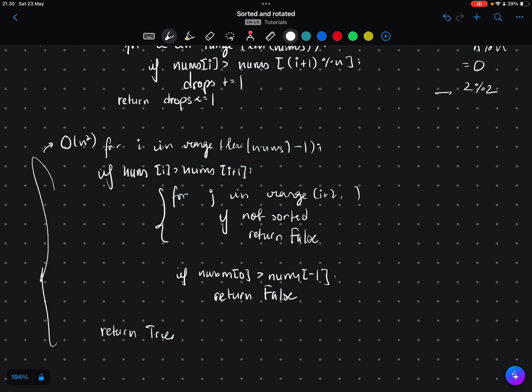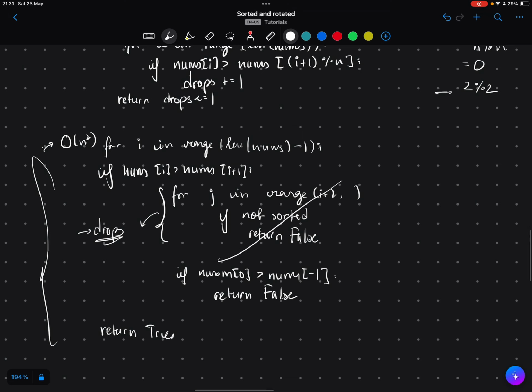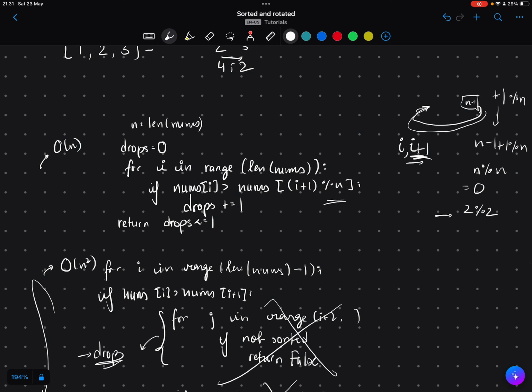And then you essentially identify that you don't really need this, right? Because at the end of the day, what was I thinking? What I was thinking was, I started off with the same idea of drops, and I was like, okay, if it's not sorted, we can return false. But if we just count the number of drops as well, it is a lot easier. So you don't need to have this inner loop over here, nor do you need to have this, because you can just wrap this around with modulo actually. So that's what I learned, and that was